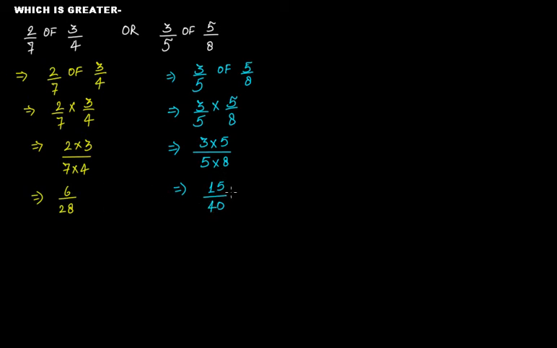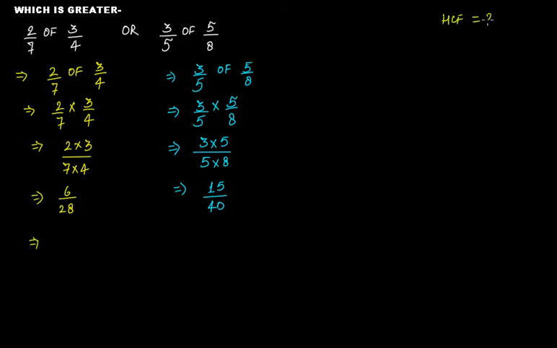So first let's do one thing. First, let's try to find out the lowest form of these two. So this is 6 divided by 28. What will be the highest common factor? In order to simplify it, first we need to find out the highest common factor of 6 and 28. If you try to find out the highest common factor of 6 and 28, you'll get the highest common factor